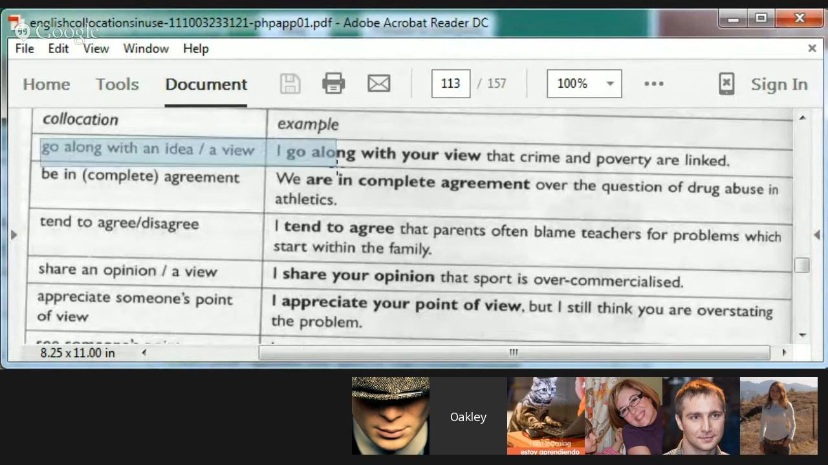I'm just going to have you guys read the example sentences. So, Sasha, starting with you, you go along with an idea or go along with a view. I go along with your view that crime and poverty are linked. Now, let's hang on a second. We need to talk about this a second because there's a couple ways we can mean this. I can just straightforwardly mean I agree with you. Yes, I go along with your view. Sure. But, Sasha, what does it mean with...